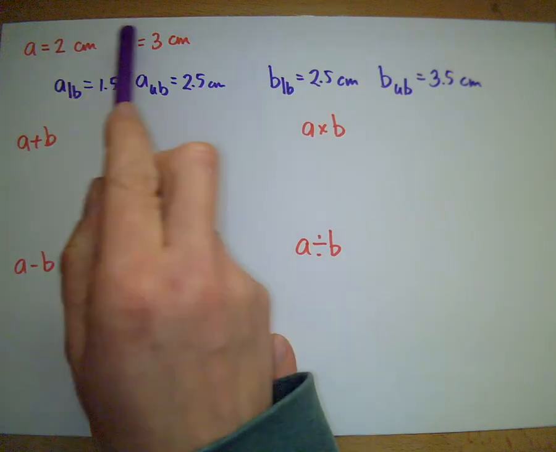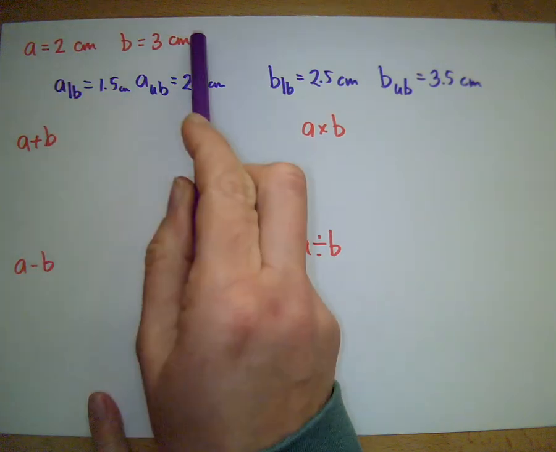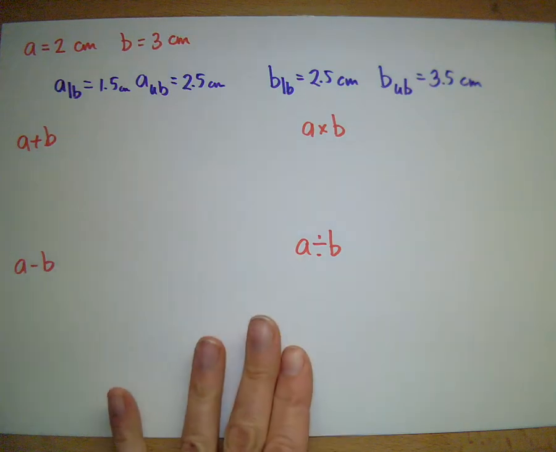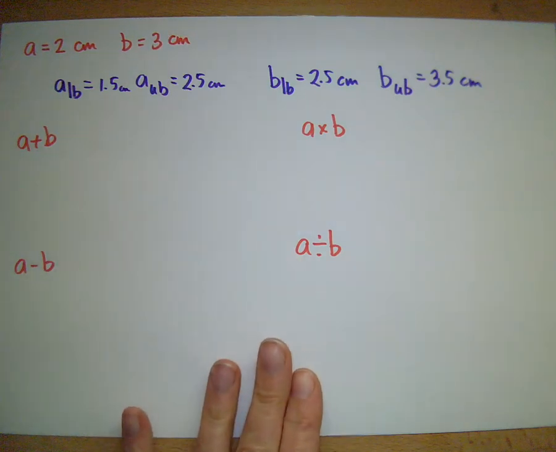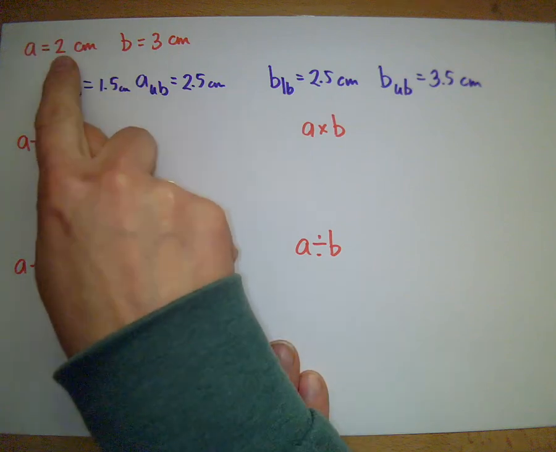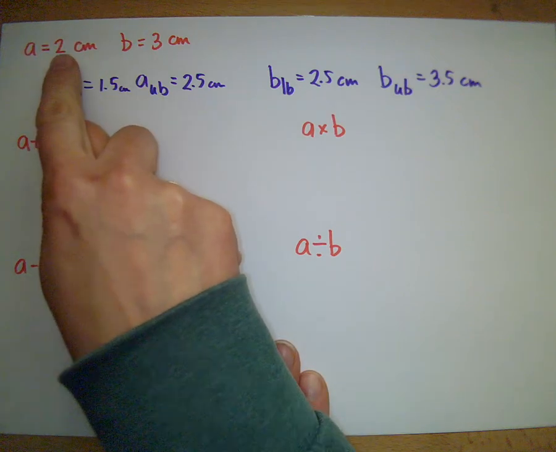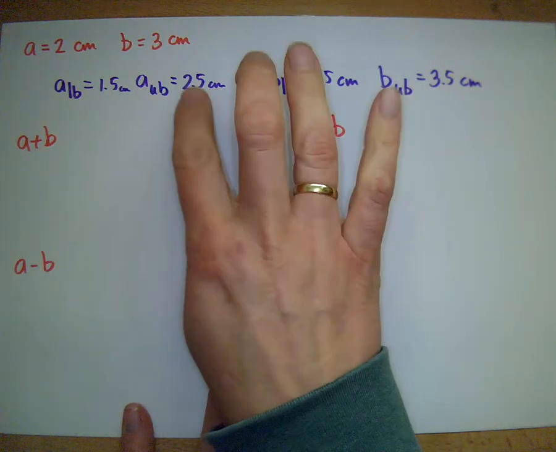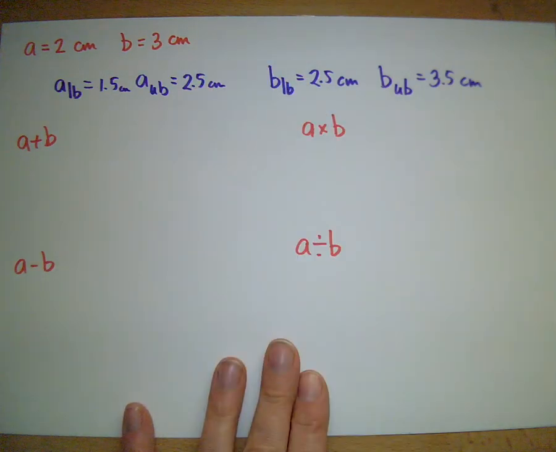Because here these numbers are exact to the centimeter, right? So this in real life could be as high as 2.5. This in real life could be as low as 2.5. So I think that's funny that they could be the same. Anyway,